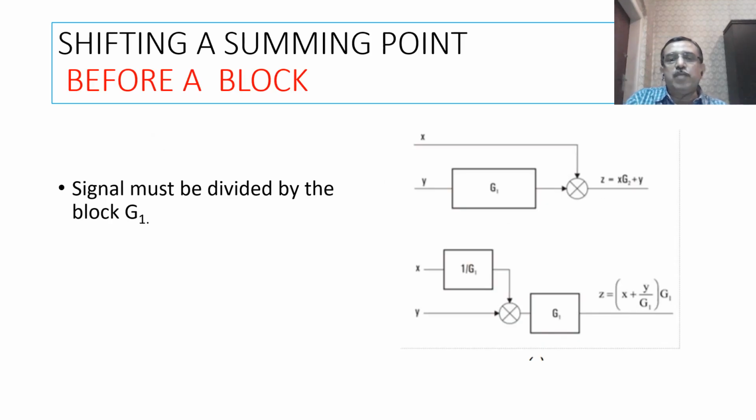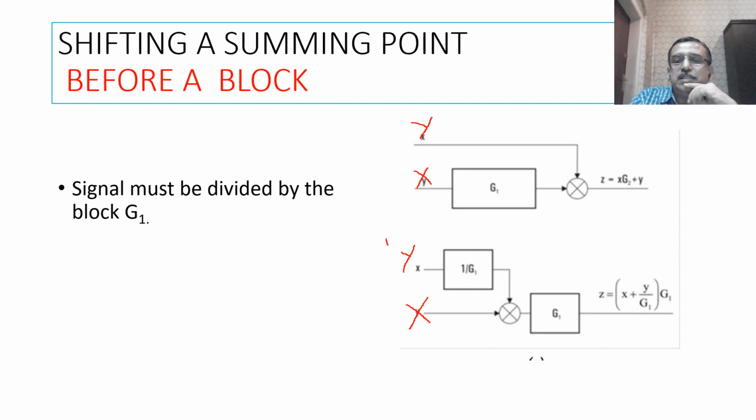So shifting summing point before a block, I want to shift this here. So here it is, output is xg2 plus y. This is x and this is y. So this signal is xg2 plus y. So if I shift it, then also I should get xg2 plus y. So when I'm shifting the summing point from here to here, I know that it is going